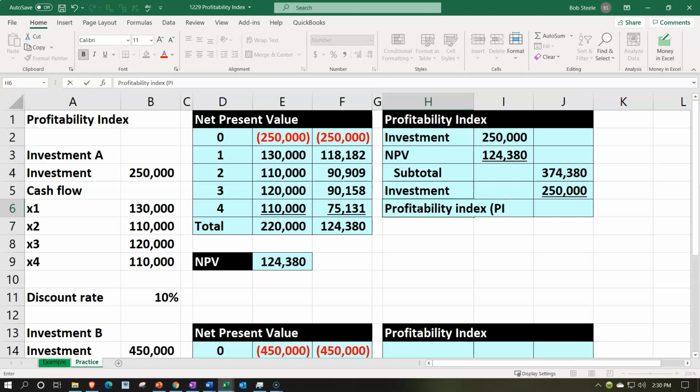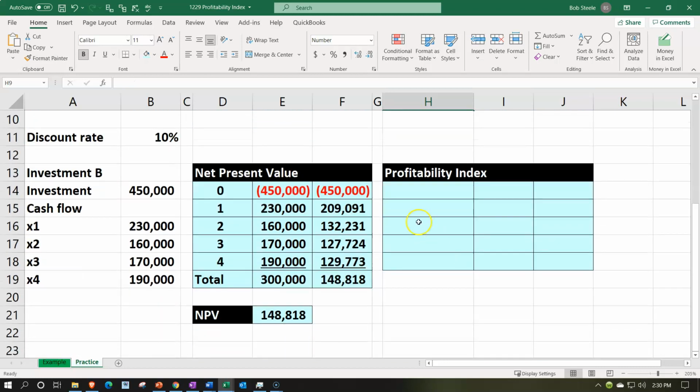The PI, and oh, what happened there? And so that's going to be equal to the 374,380 divided by the 250 investment. Adding a couple decimals, we're at the 1.5. Let's compare that then to what we get down here with the second project, where the investment is